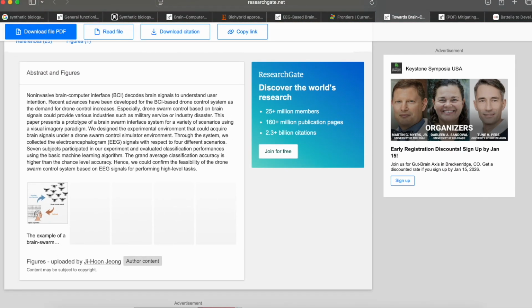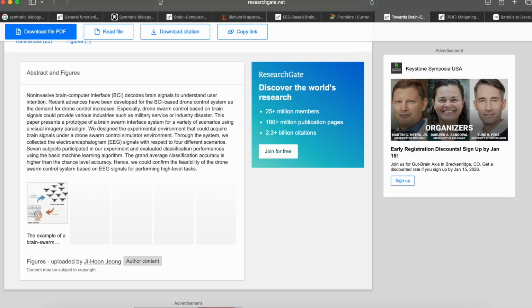Non-invasive brain-computer interface decodes brain signals to understand user intention. Recent advances have been developed for BCI-based drone control systems as the demand for drone control increases. Especially, drone swarm control based on brain signals could benefit various industries such as military service or industrial disaster response. This paper presents a prototype of a brain swarm interface system for a variety of scenarios using a visual imagery